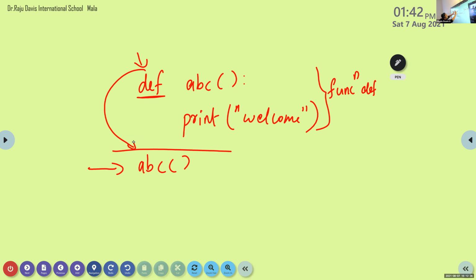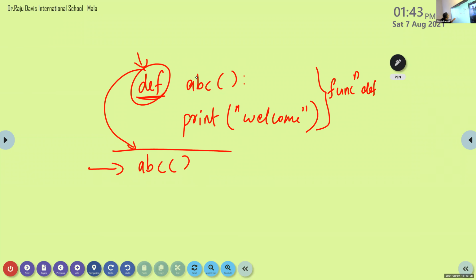So first we write the definition, but the execution will start from the first statement of the main program. Here there is only one statement, ABC. So at the time of execution, when the interpreter encounters this DEF keyword, it will identify this as a function definition, skip these lines, and the control moves to the start of the program.